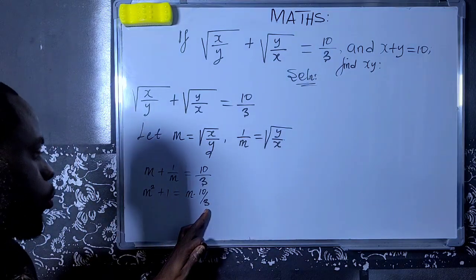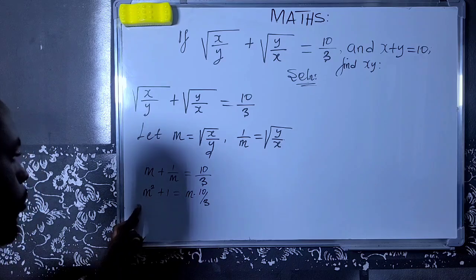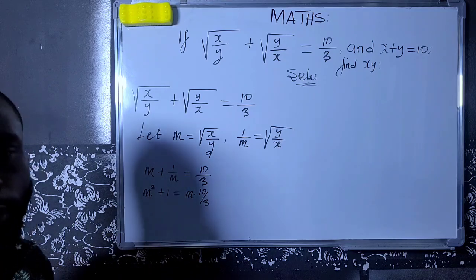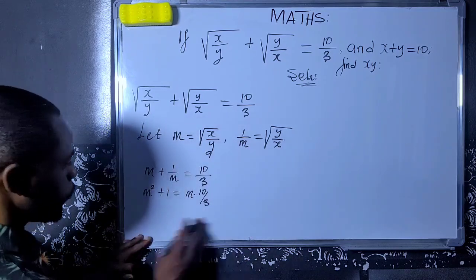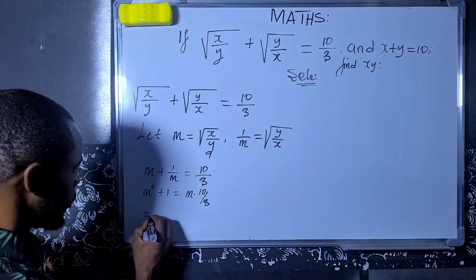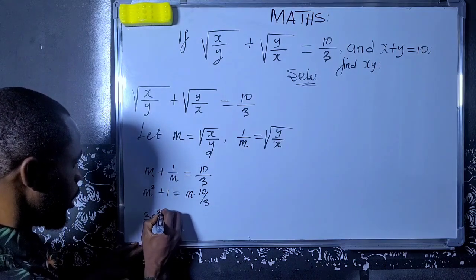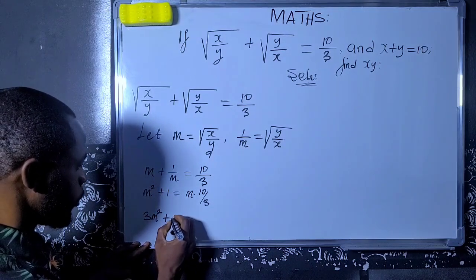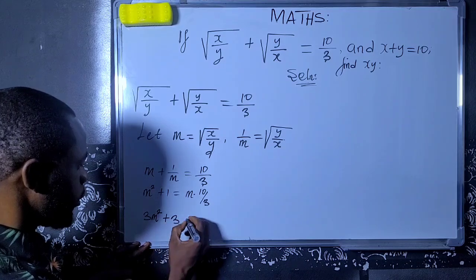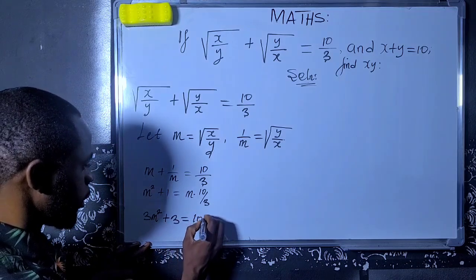Then we multiply both sides of the equation by 3, and if you do that, we have 3m square plus 3 equals 10m,